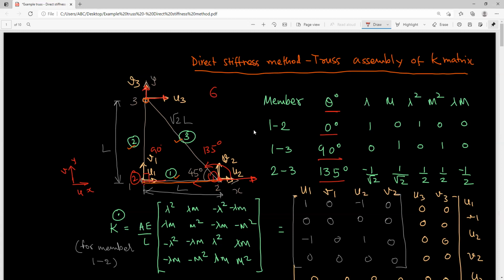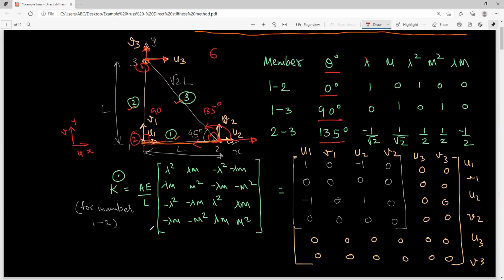The same thing happens, for example, if you number 1 here and 3 here: then your direction will not be 90 but minus 90 degrees, or 360 minus 90 degrees. You can take either angle, and your values will be the same. Now we are required to calculate, because in the last class we saw how you can transform the stiffness matrix K for all three members separately. This is the matrix given for the orientation in the reference axis. For all the members individually, you are required to calculate this matrix.